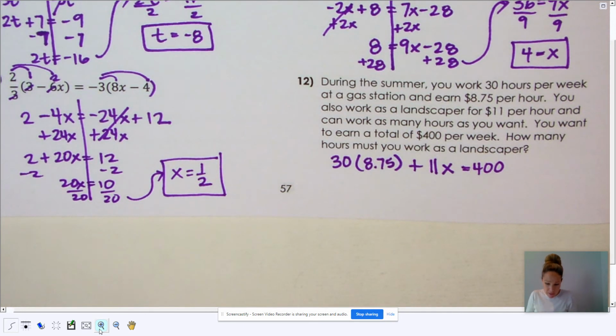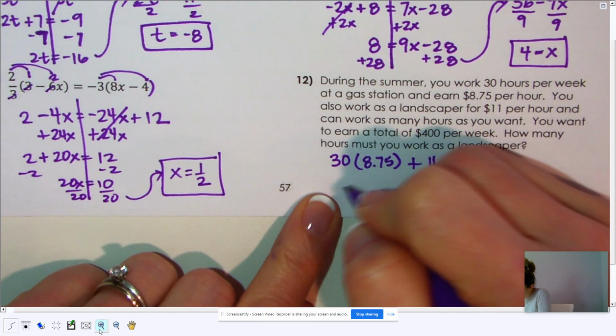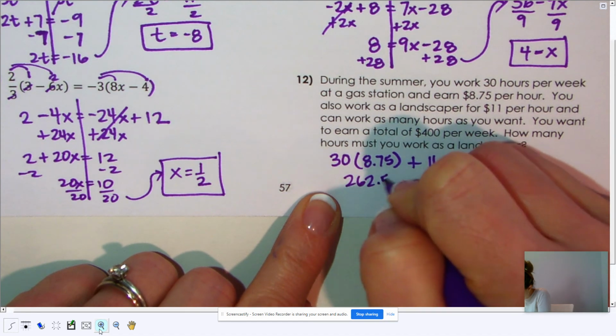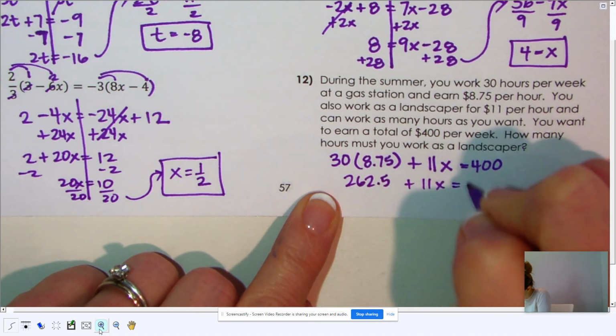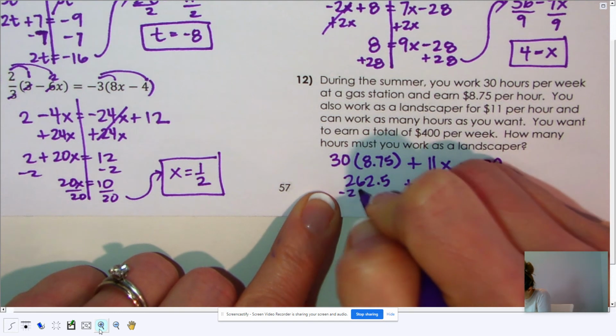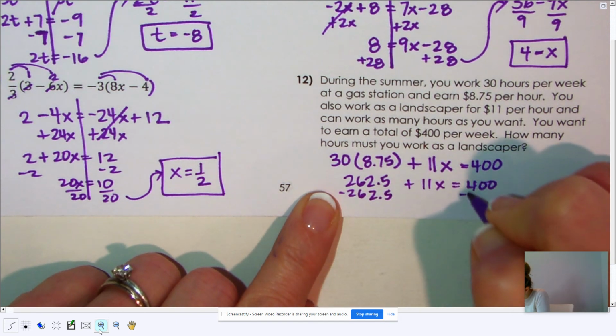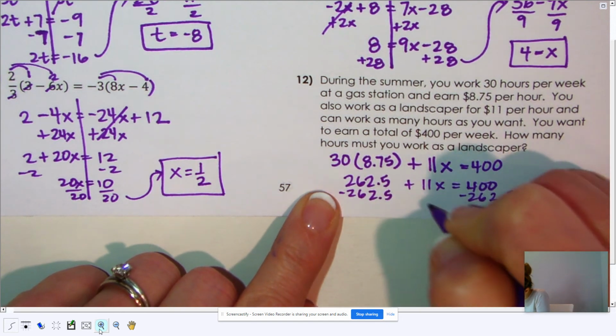Well, we're going to do 30. I'm getting my calculator out. Okay, so 30 times 8.75. I just don't want to make any mistakes in the video because it seems like I always do. 262.5 plus 11x equals 400 minus the 262.5. So we get 11x is